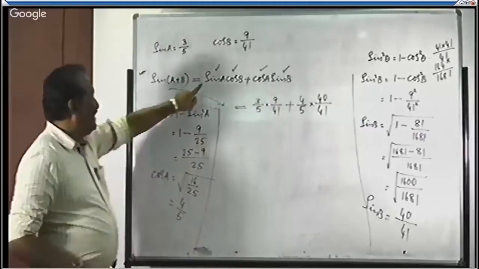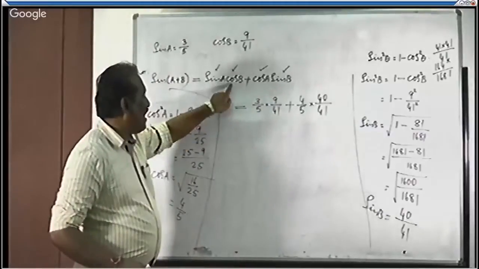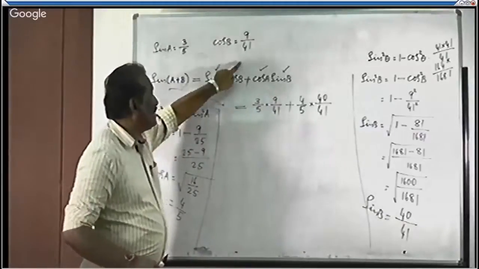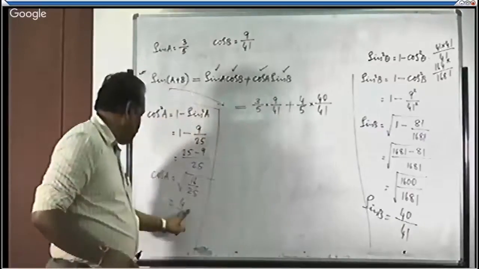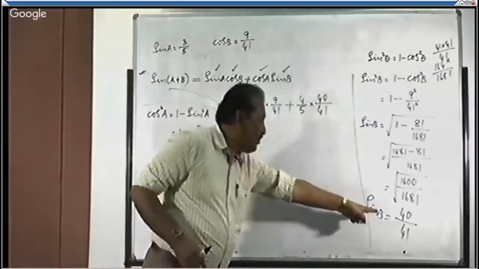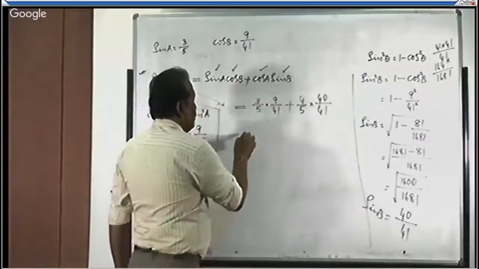So sin A is given as 3 by 5. Cos B is given as 9 by 41. Cos A, we found it as 4 by 5. Sin B, we found it as 40 by 41. So, to do the